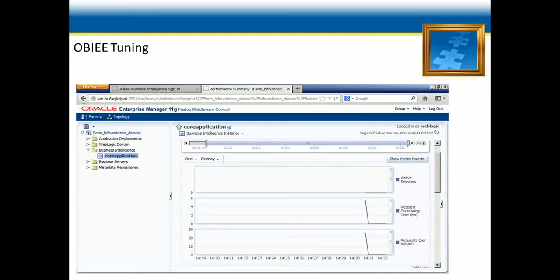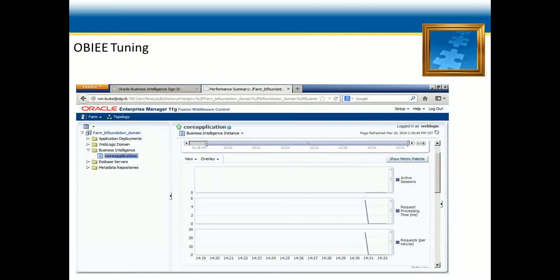I've put in this screenshot where you can have a tracking system. This is the Enterprise Manager console of 11G, or you can say Fusion Middleware Control of OBI 11G. Here you can see active sessions, how many active sessions are currently running. Request processing time, how much time is taken if your user fires a query.